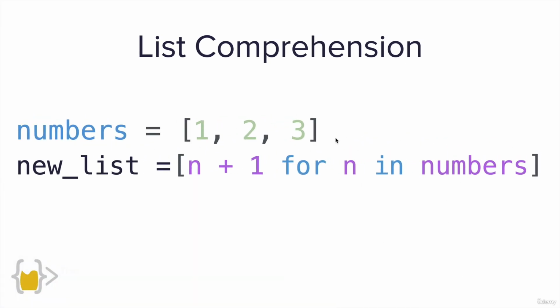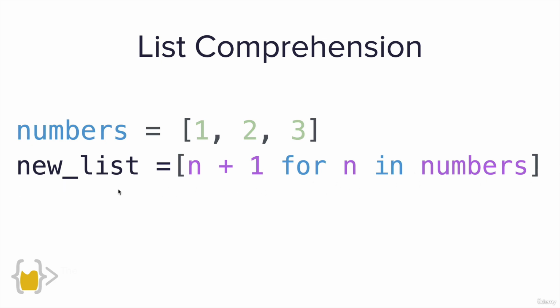We have our list of numbers and then we create a new list where we loop through each of the numbers n inside this list of numbers, and then for each of the n, we add 1 to it in order to create the final list. So when you look at a list comprehension just like this, as in the real code,